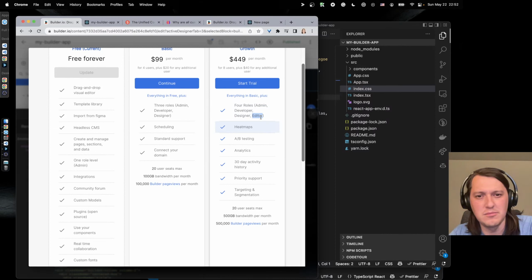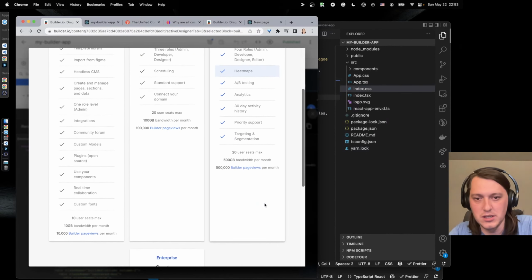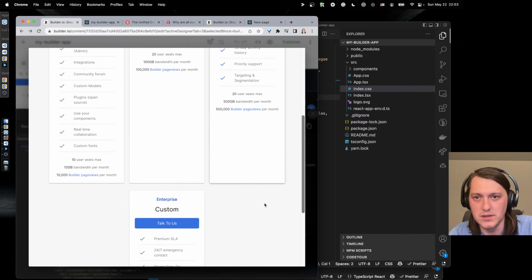So an editor maybe can edit just selected fields instead of everything. A/B testing, I guess that's some kind of built-in Google Analytics. Activity history, right? Targeting, segmentation. I have no idea how that works.